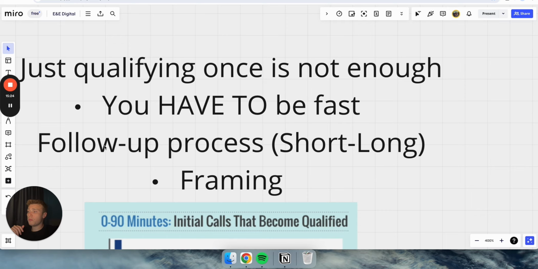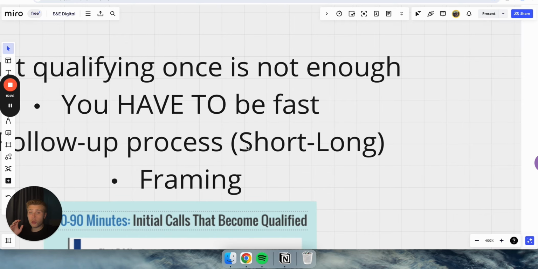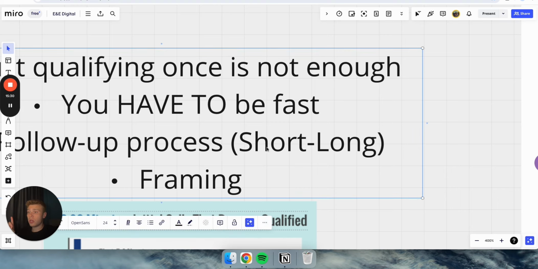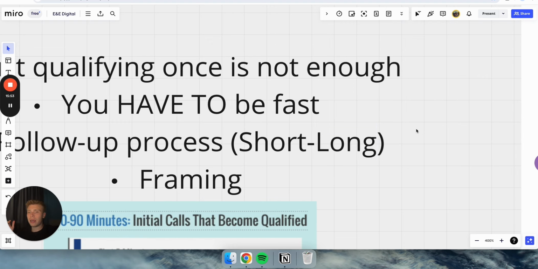I would love to mention the follow-up processes. It's so important to have a good follow-up system. We need to have one short-term and one long-term follow-up. The short-term follow-up is for the first 7 or 10 days, and it's going to be more intense. And the long-term follow-up is the process after the 10 days of lead delivery. So we're going to be reaching out to people a couple of times a week, maybe with different offers or